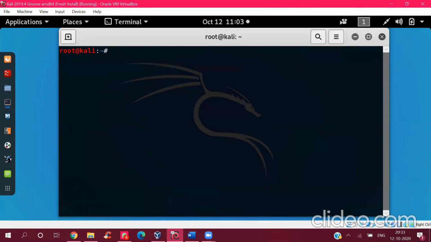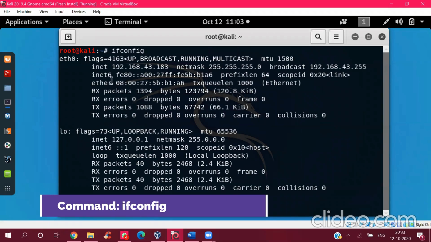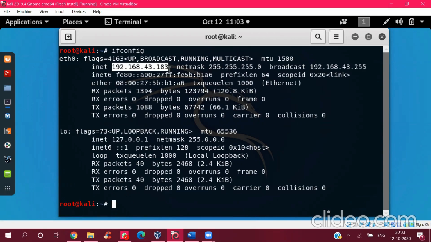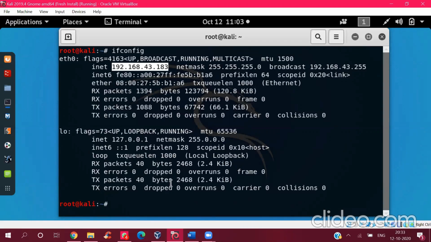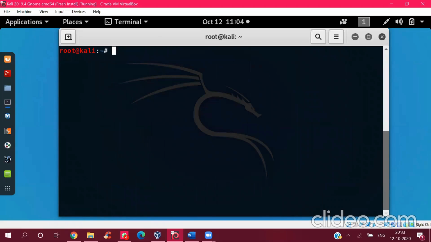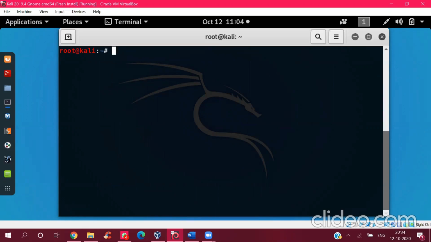Clear it, okay? And now what we'll do is check what your IP address is. You'll have to put in the command ifconfig. Okay, so from this you can see that this is your IP address. I'll just copy this. And one more thing I've learned is that to clear the screen, you can also type Control L, which I think is pretty helpful rather than typing clear all the time.